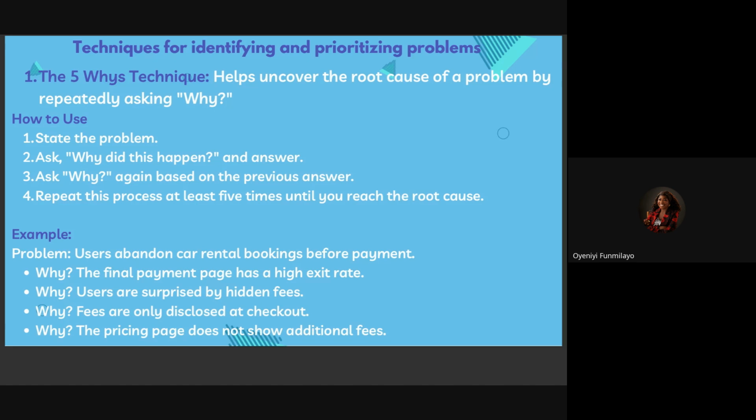So what you will now do, based on this problem A, is ask why is it happening? I'm using the 5 whys technique. So it's going to be problem A, and you keep digging around the problem. Okay, you figured out that from your research, people are saying they are struggling with online learning, right? 70% of the users are saying that. Of course, you want to focus more on